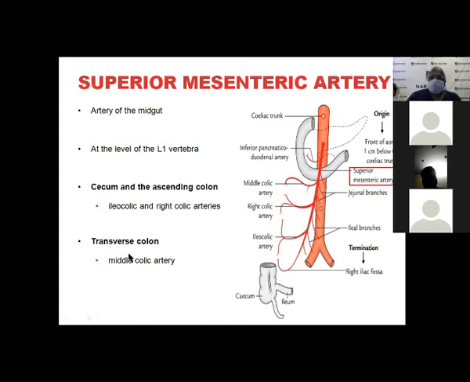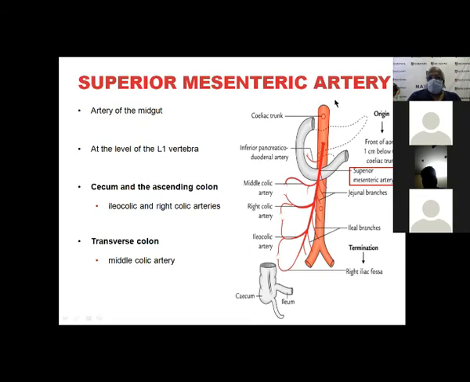The superior mesenteric artery, how it supplies, you can see. Oh, you have shown the other one. Okay. That's all. The same thing is showing in a different way. There's the ileocolic, right colic, middle colic. Then it comes here. Then come the jejunal branches. The first jejunal branches are given, ileal branches. This is nothing but the branches of the superior mesenteric artery.